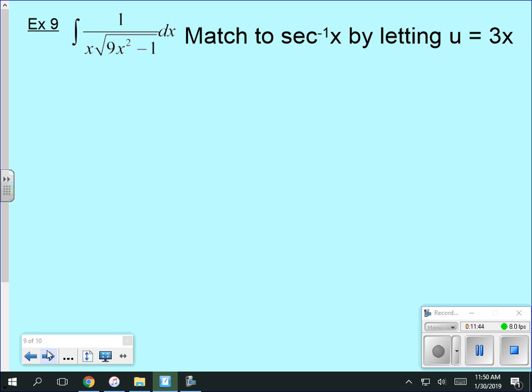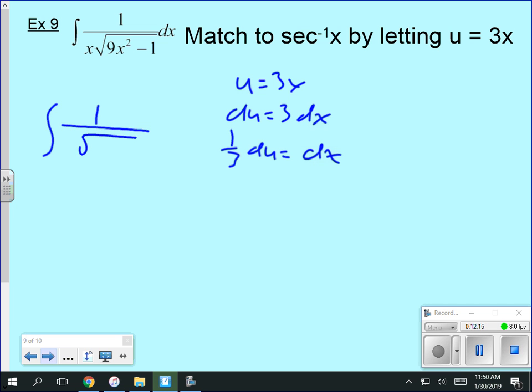I have my u. Let u equal 3x. Okay, so if u equals 3x, du equals 3 dx. I do not have a 3 dx in here, so that means that 1/3 du equals dx. So I can do most of mine. So what I have now is the integral of 1 over the square root of u squared